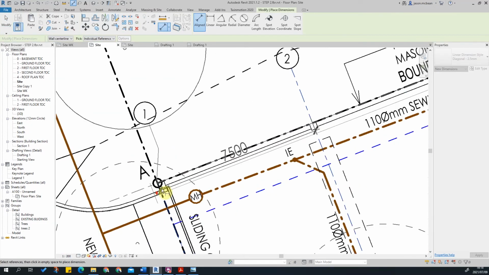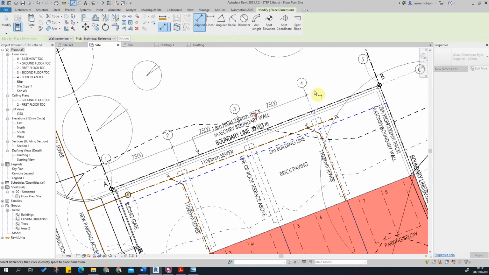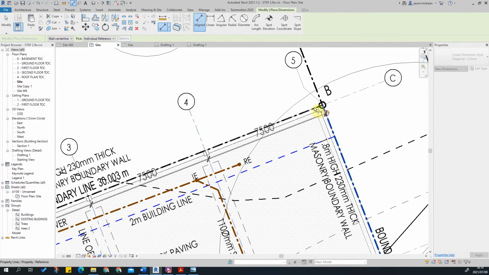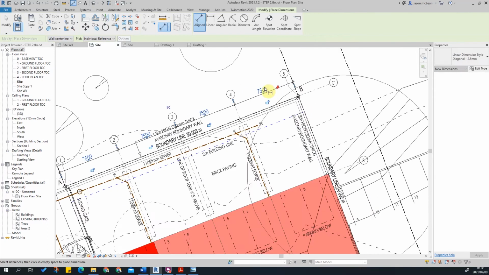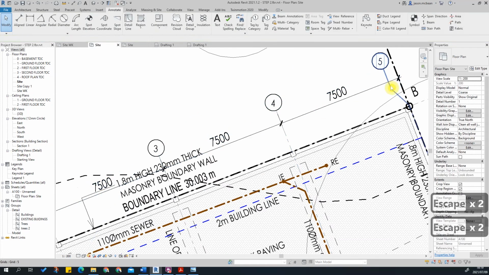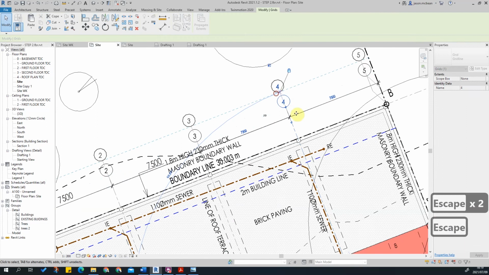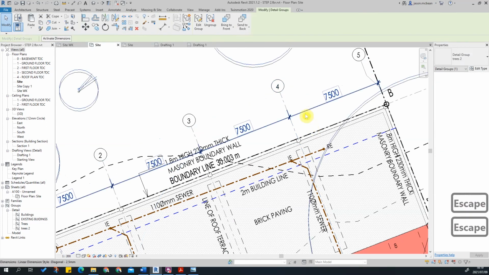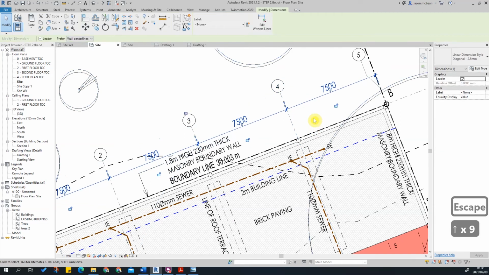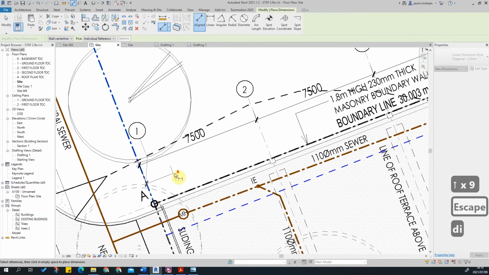Just select the grid here, select that, and then select that grid. There we go. Leave that up there. Let's move this grid line a bit more. Let's get the 3D extents. Let's pull that up a bit more. Nudge this up. That's all I need to do, and I just need an overall dimension here. From there,